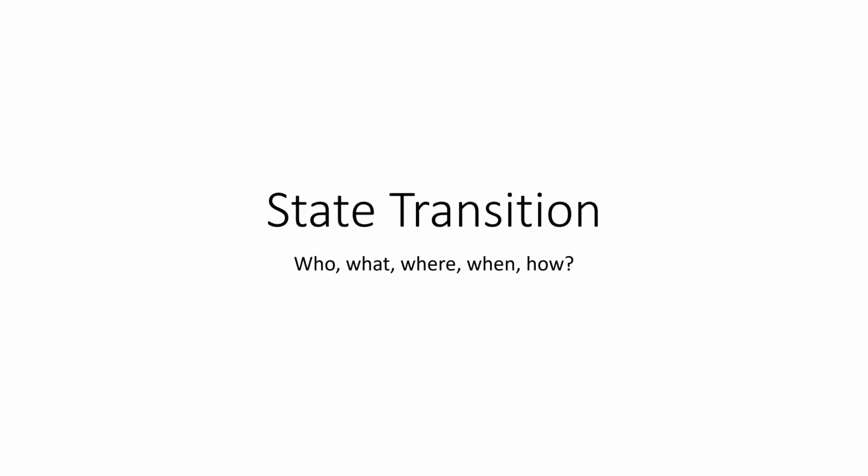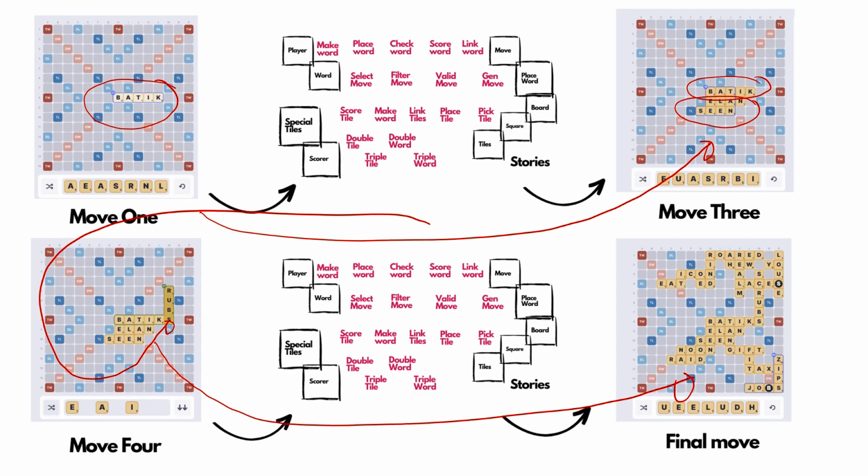So the first concept, state transitions. State and state transition are two really key concepts in the field of computer science. You'll be spending a lot of time on this as part of your degree and as part of your education. Within the context of the Scrabble game, state transition refers to how the state of the board, the state of the game, the state of the players, the state of the tile changes as we move from one move to another.